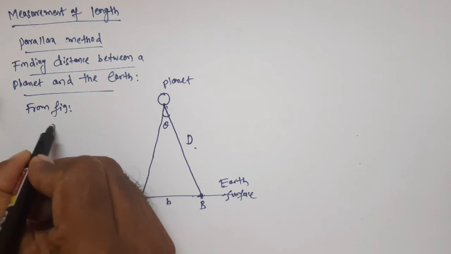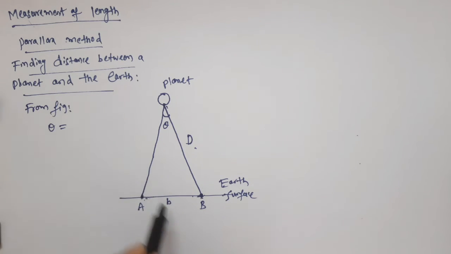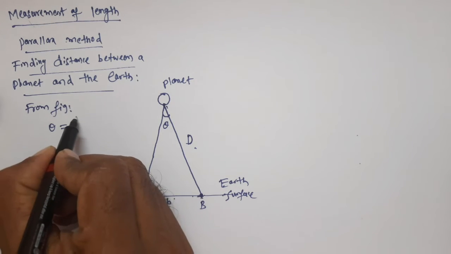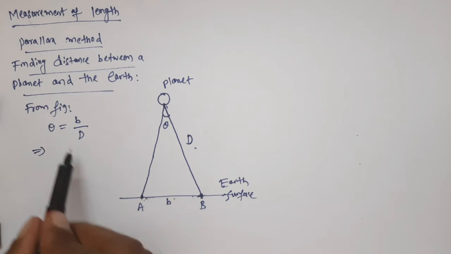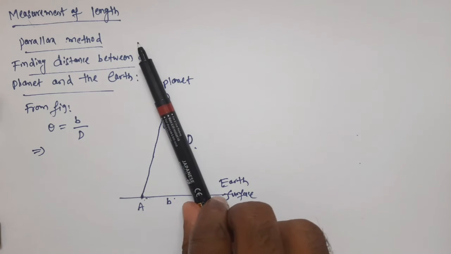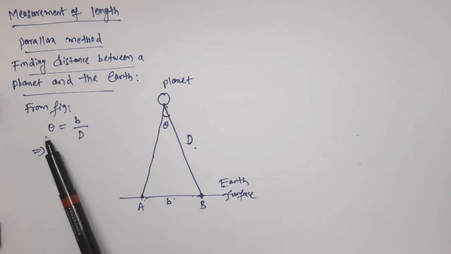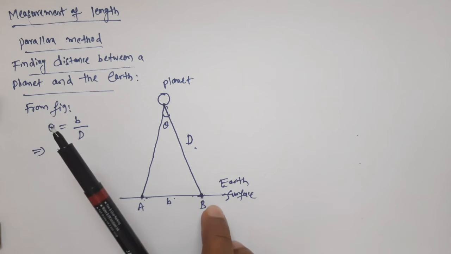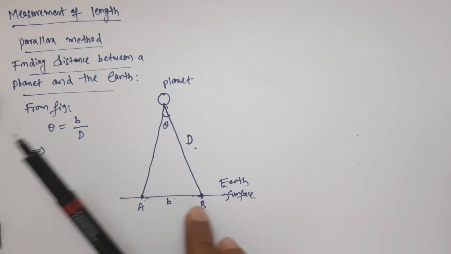Theta is equal to arc length divided by radius, that is b by d. But what do we want to find? Using a telescope, a protractor or some instrument, we can measure this angle turned by the telescope. So that angle can be measured, and the distance between the point and b also we can measure. So this is the distance between the 2 points which we are choosing on the earth surface.